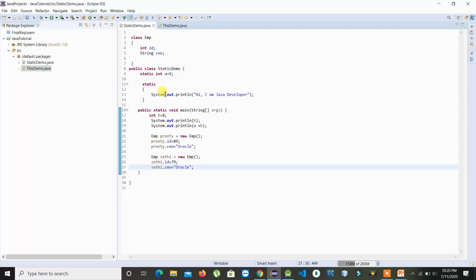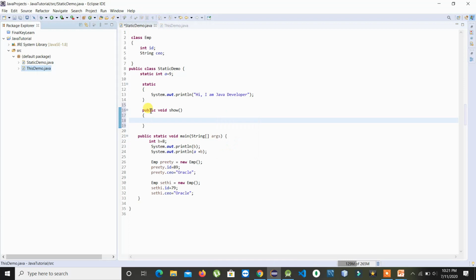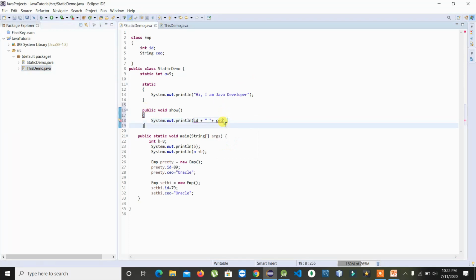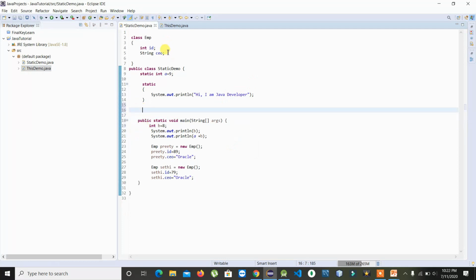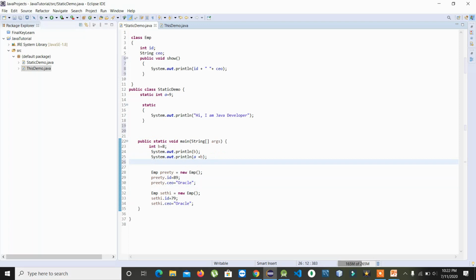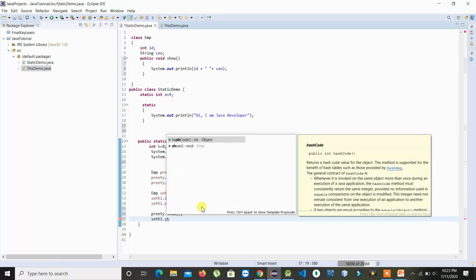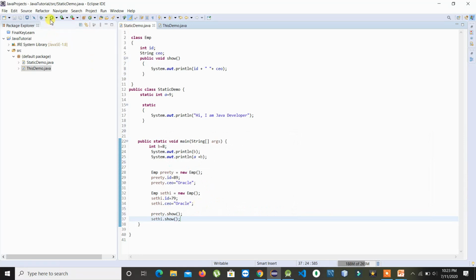Now I'll try to print those values, and we'll try to print those values. Alright, let's try to run these variables.